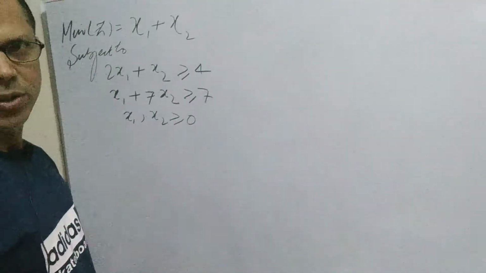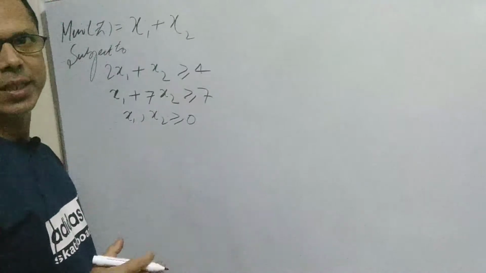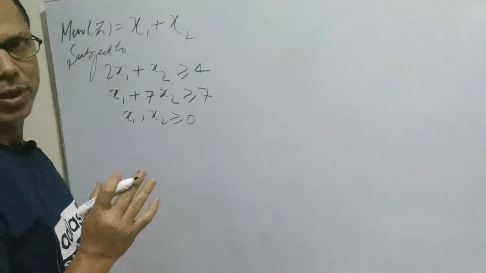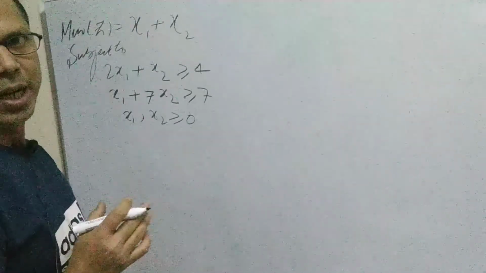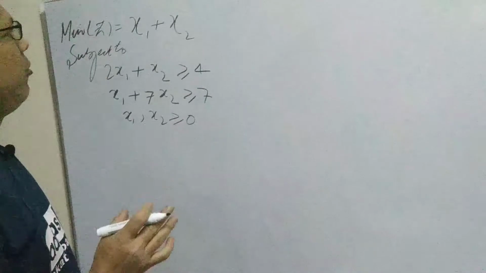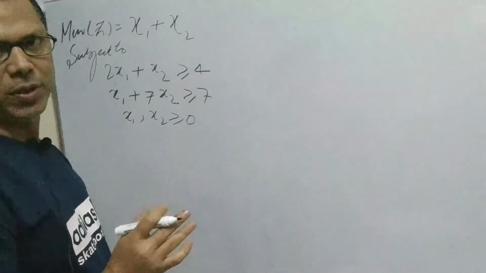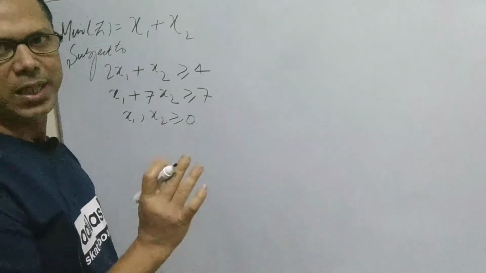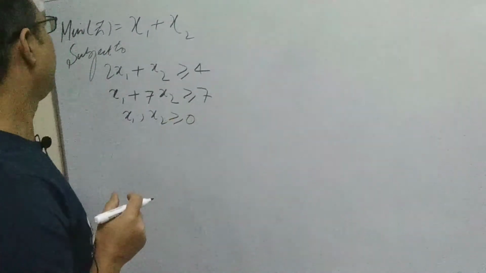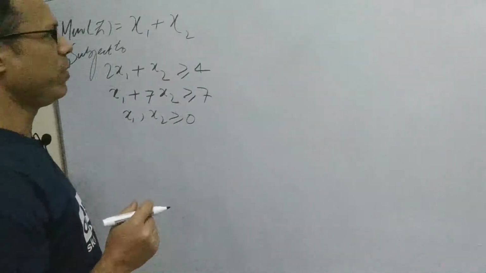Okay, so in this video I am going to explain the two-phase method. The two-phase method is itself a big M method, just divided into two phases, and the big M method is itself a simplex method. So whatever the simplex method, big M method, or two-phase method, all these methods we generally call a simplex method. I am going to start solving this linear programming problem by applying the two-phase method.